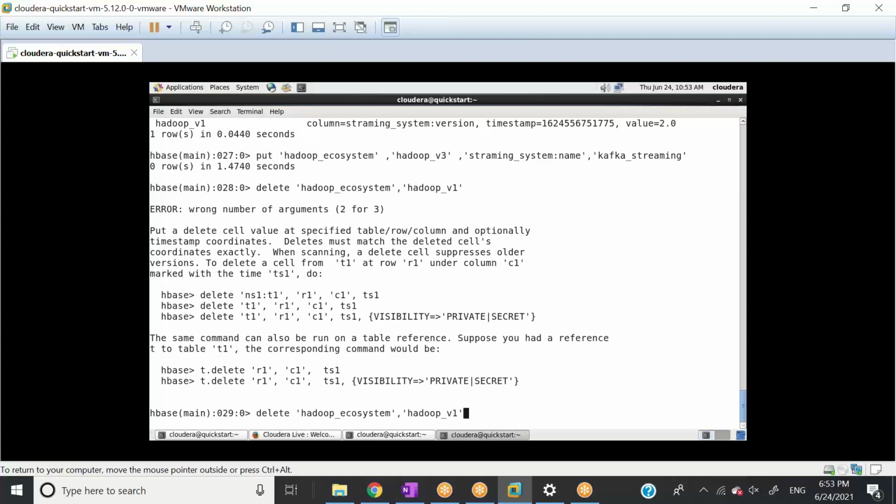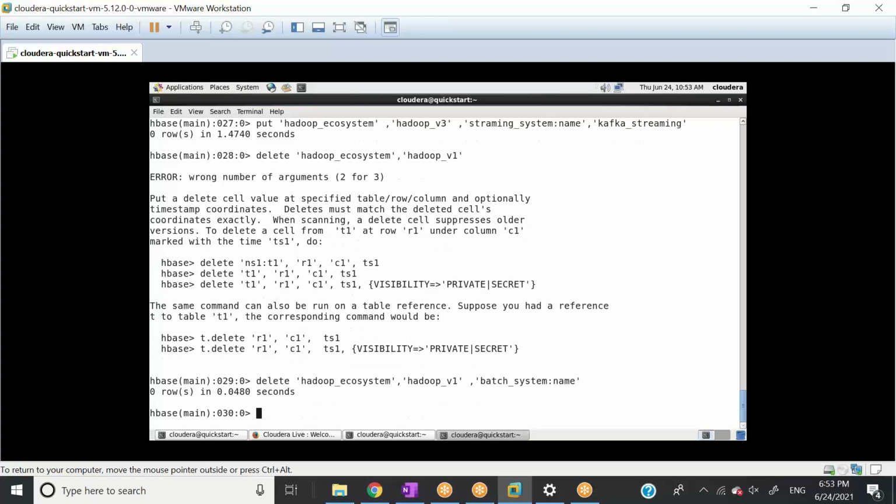Okay, Hadoop underscore v1, and we need to give the column family name, batch underscore system, and then the column name. So deleted, right? So what I did here, I deleted from the Hadoop ecosystem table, from row ID Hadoop v1, from column family batch system, the name column, right?